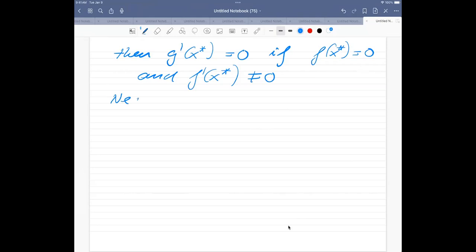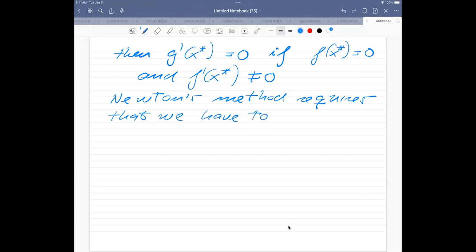So Newton's method requires that we have to calculate f of x at a given iteration k, x of k, and the derivative, which in our case is the second derivative. And this may actually be, as we've been saying,